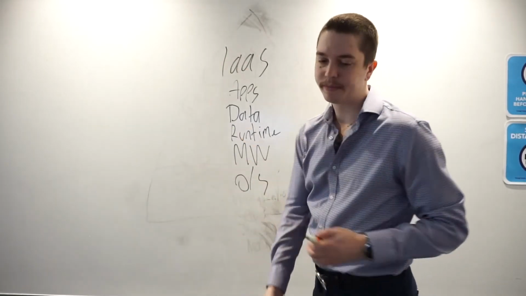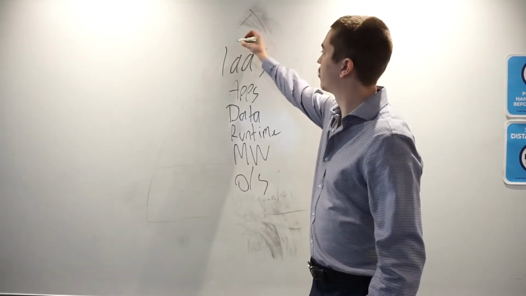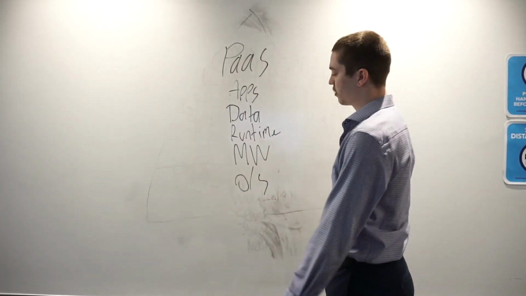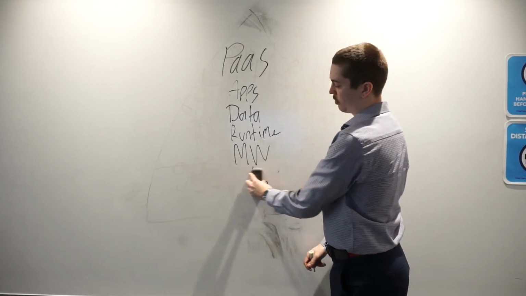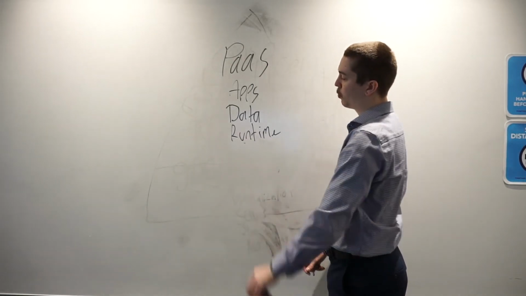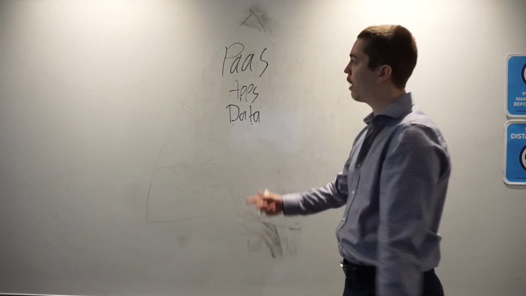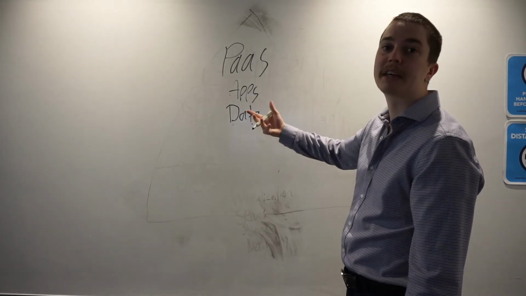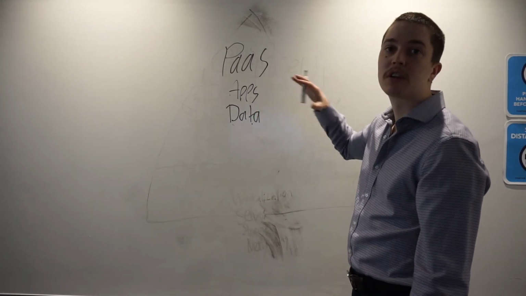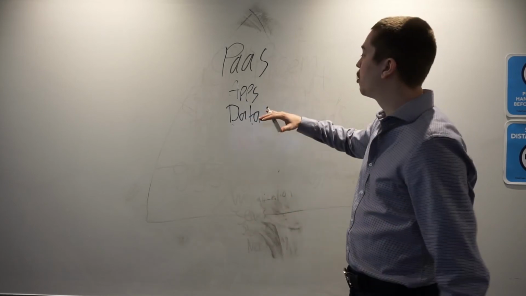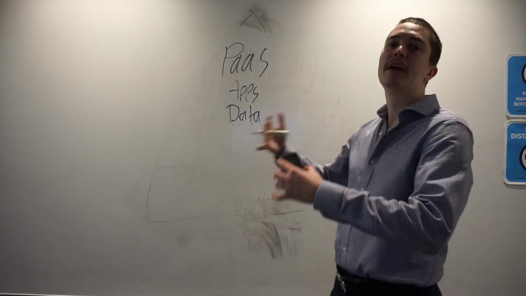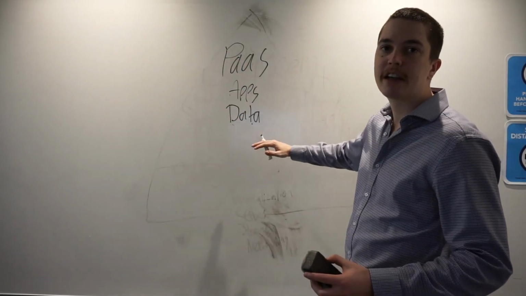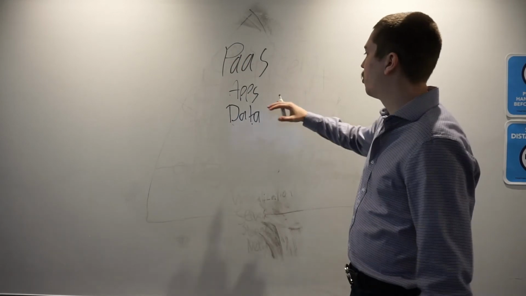But now let's go to Platform as a Service, PaaS. With Platform as a Service, now all of a sudden, the cloud provider is taking care of your OS, your middleware, your runtime, and now all you're managing is the applications and the data. So you're managing what kind of applications you're using, what the applications do, the code of the applications you're developing. You're managing the databases, maybe you've got MySQL database tables, maybe blob storage, unstructured data or structured data or just block data, all that stuff goes into there.